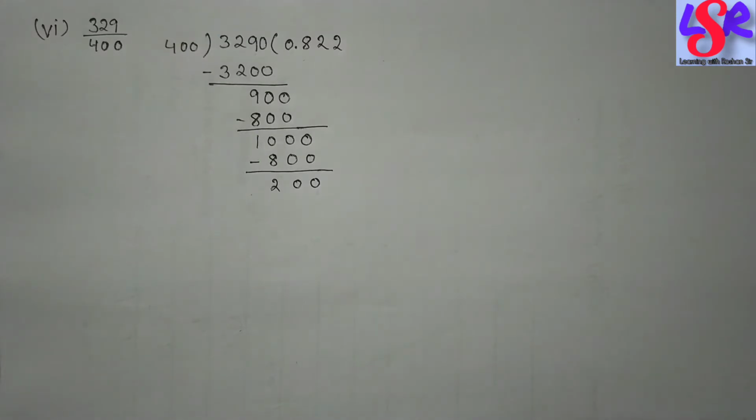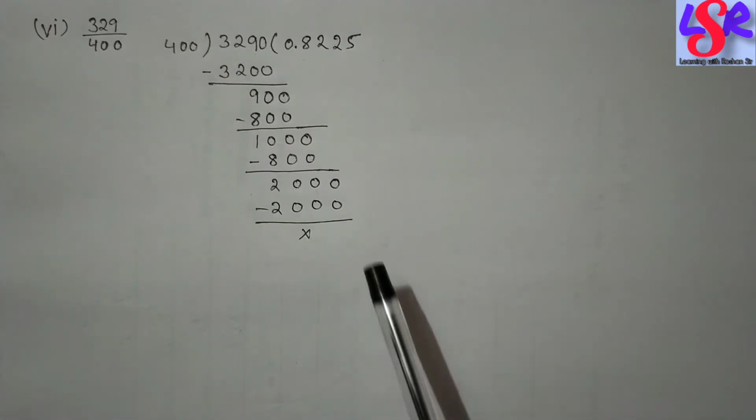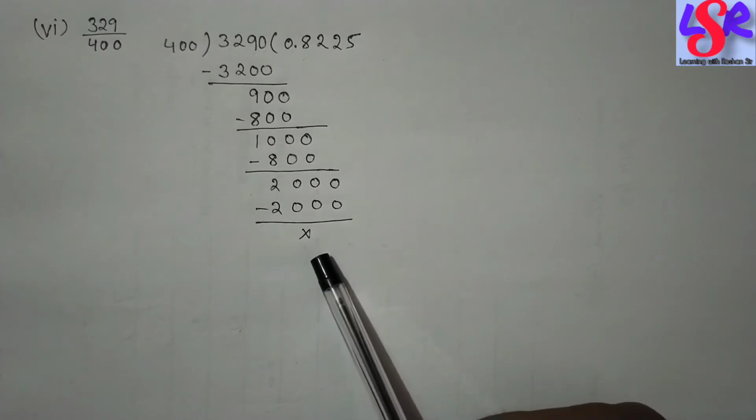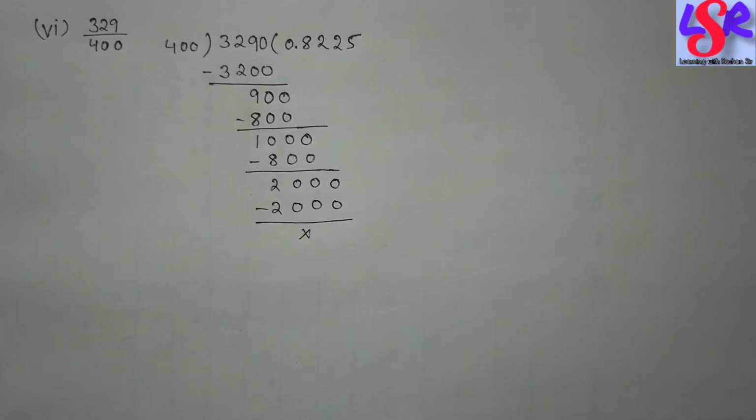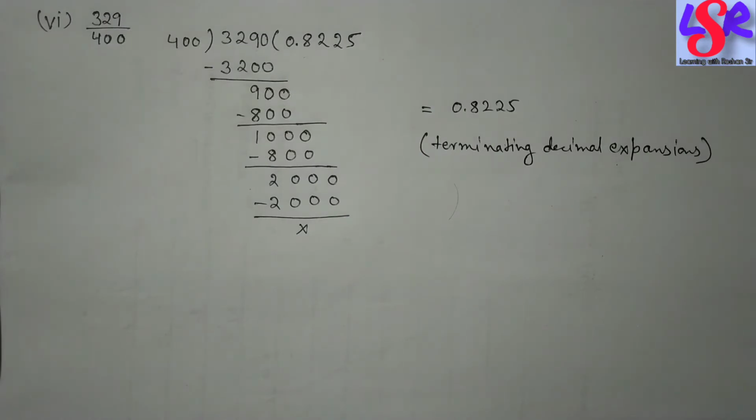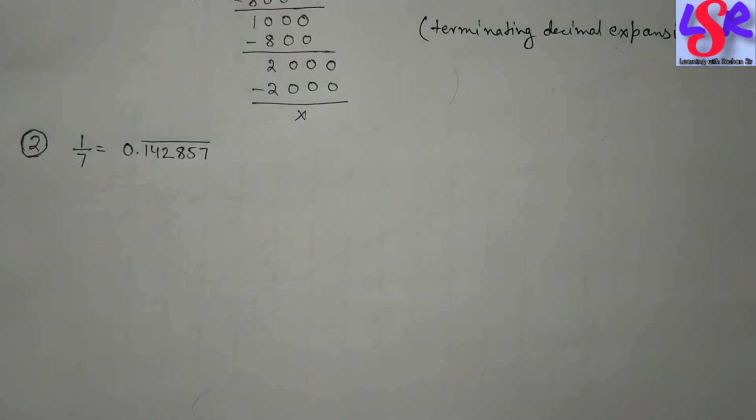Again डेसिमल की वजह से एक 0 और बढ़ेगा, and we get 2000. Now 400 5s are 2000। ना यहाँ पर हमारे पास रिमाइंडर 0 हो गया, तो ये टर्मिनेटिंग डेसिमल एक्सपेंशन होगा। एंड नाउ वी मूव टू क्वेश्चन नंबर 2. Now in question number 2, we have been given the value of 1 upon 7, that